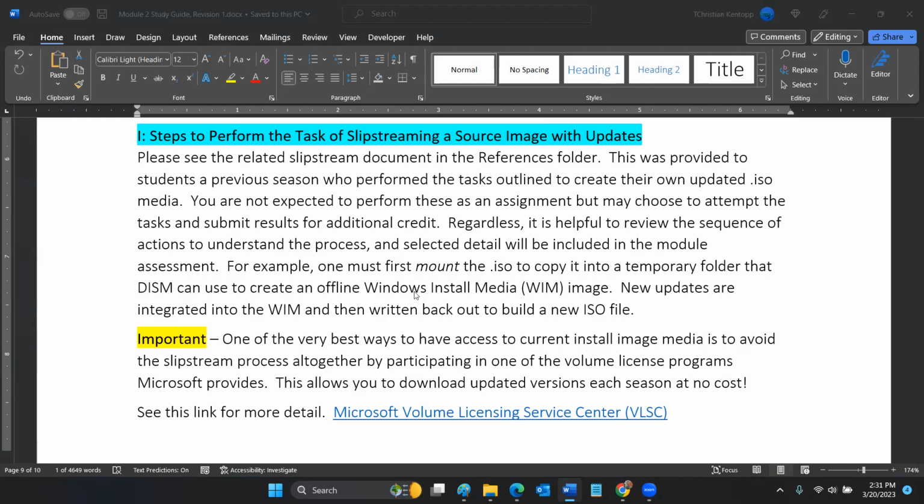So that offline image is called a Windows install media image, a WIM file. And then new updates are integrated into the WIM, and then they're written back out to build an entirely new and different ISO file. And that helps avoid all sorts of problems. But it's that concept that we're mounting the ISO, we're creating a temporary copy of it, and then taking it offline to integrate the updates,